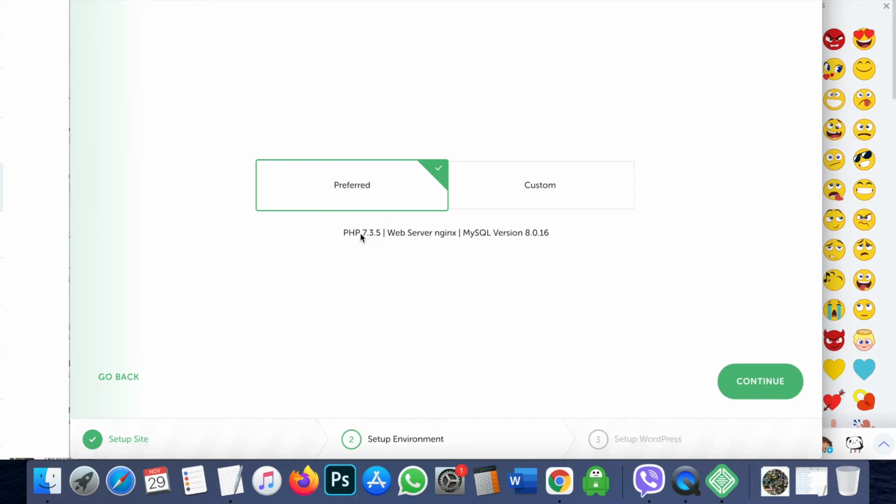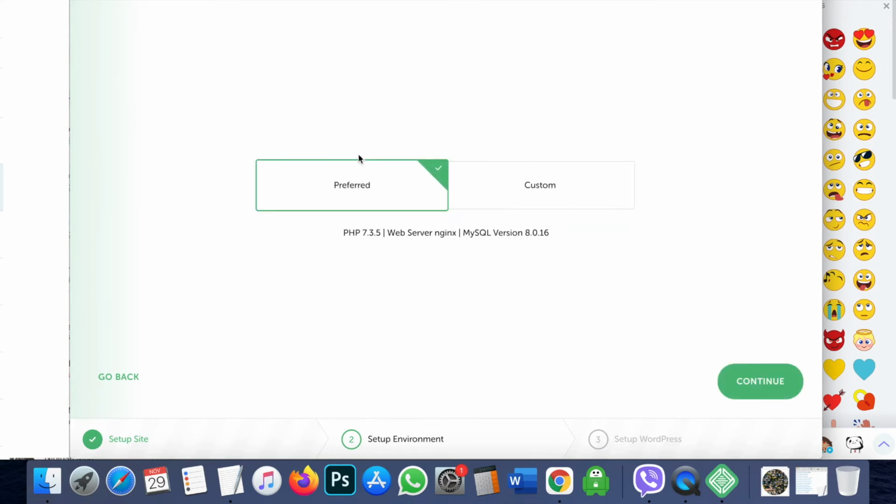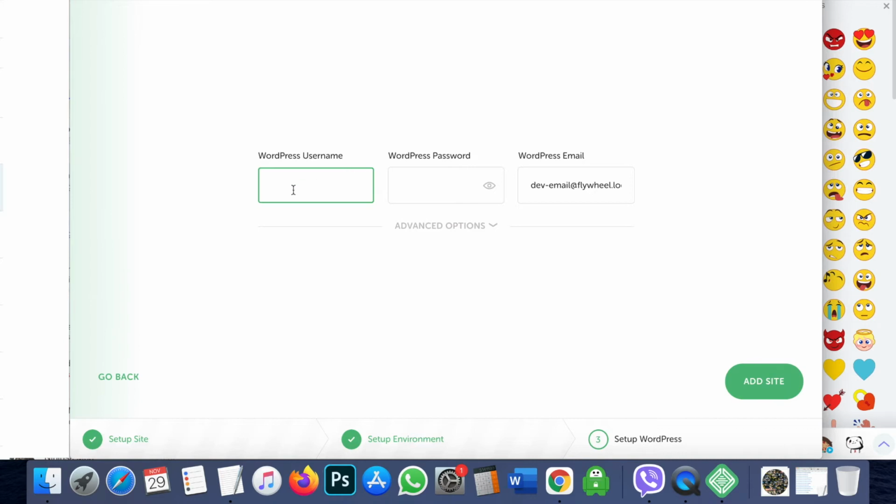So PHP, this is the newest version at the moment, and the web server and MySQL version as well. If you want, you can go custom, but I just need to do this easily, so I prefer the preferred method. Okay, and then continue.